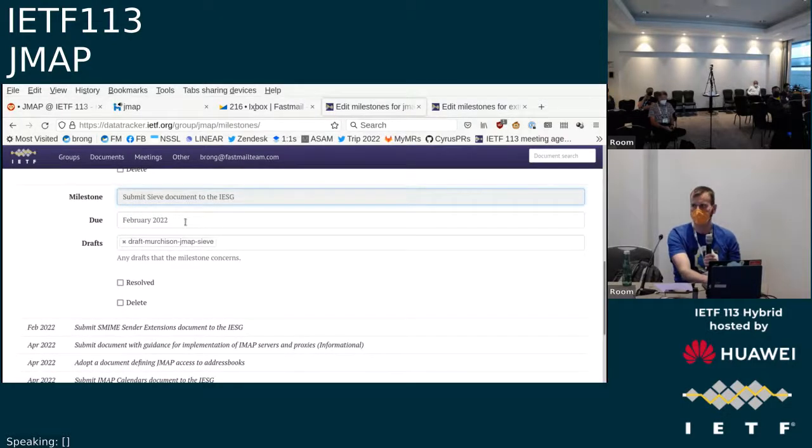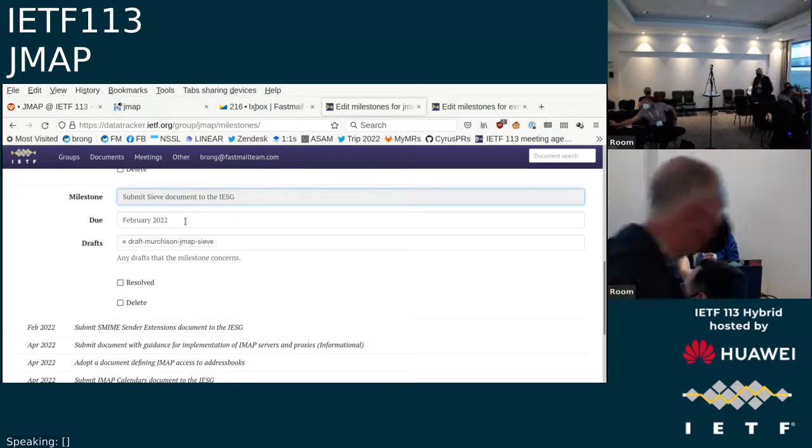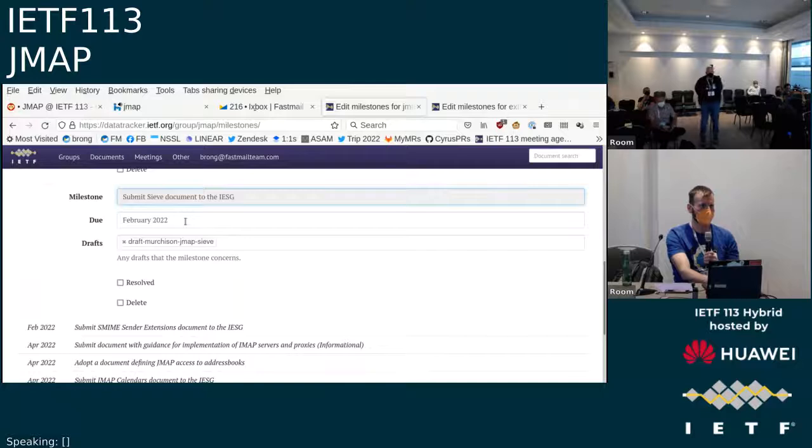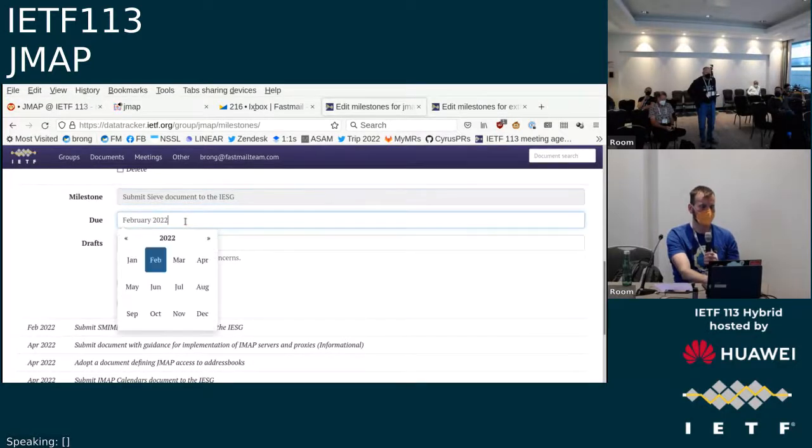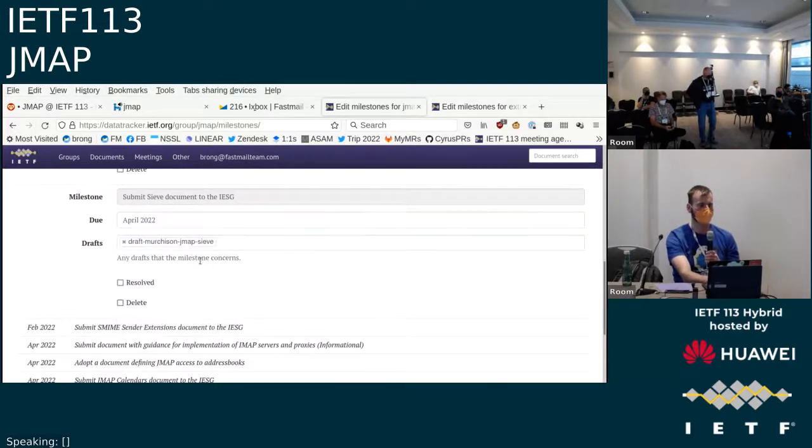We decided that the JMAP CIV is ready for last call. I was hanging on to this because I wanted to get some implementation experience with the CIV test method. But if we want, I could break that out and we could make it an extension down the road. No, I think it should be fine. We can test that within a month. We send it to working group last call and test it during that time. Fine.